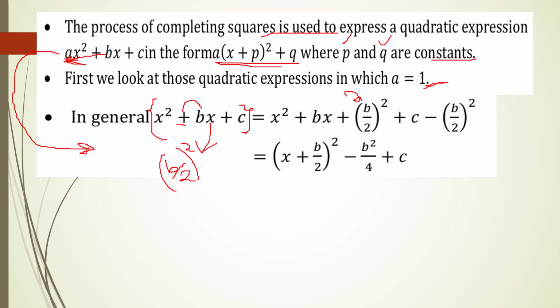Then after squaring it, we add it to that quadratic equation. So your quadratic equation initially was x squared plus bx plus c. What has changed about this equation is that we have added the square of the coefficient of x. We add it and then we subtract it. The reason why we add it and subtract it is to create no change in the meaning of our equation. Assuming that I had x squared